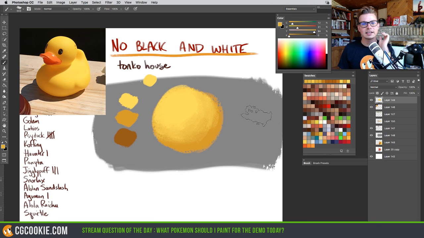And I do think temperature is important because, not so much with what I'm doing today with the demo, but if you want an overall mood in your piece, temperature is very important. If you want a very frigid looking winter scene, having mostly cool colors and then an isolated hint of orange or red, like from a candlelight in a log cabin, that mood is really dependent on the